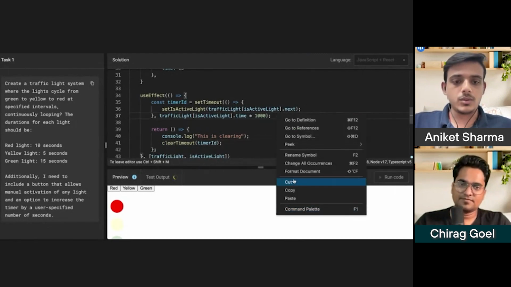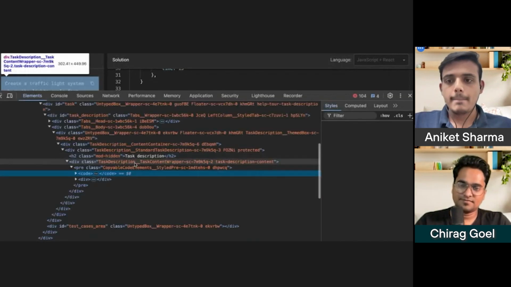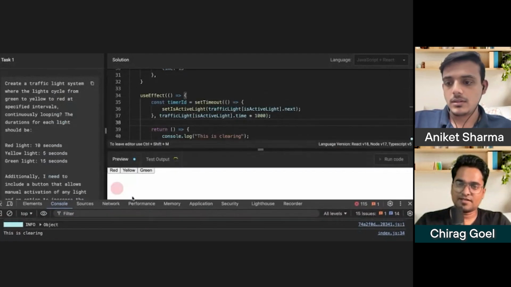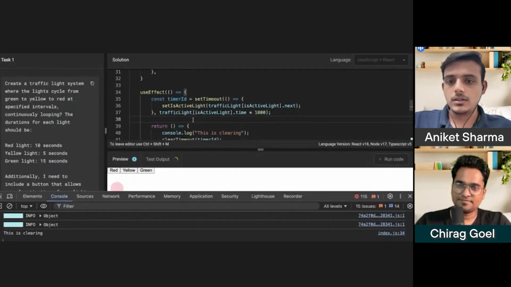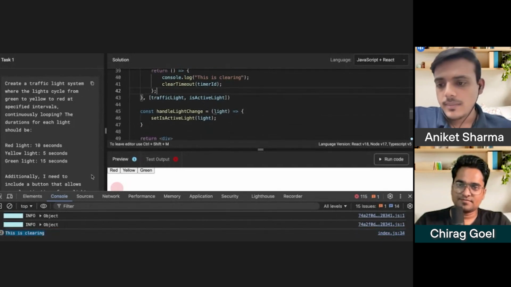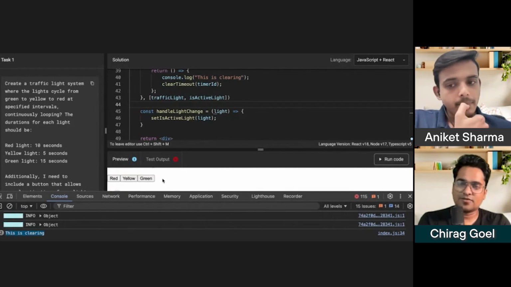I think I need to open the dev console. Inspect. Okay. Clean it up. Okay, this is clearing. Yeah, it is working. Let me reset. Currently it is in green. Clean everything in the console.